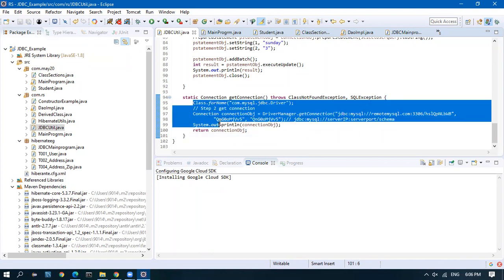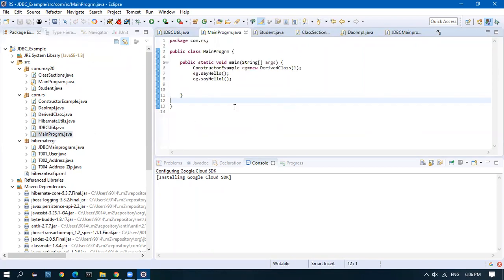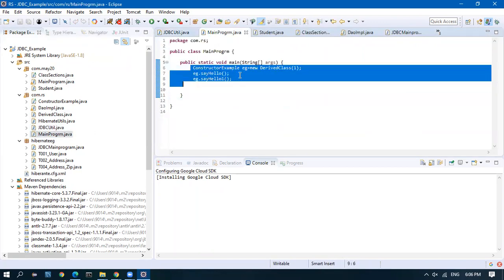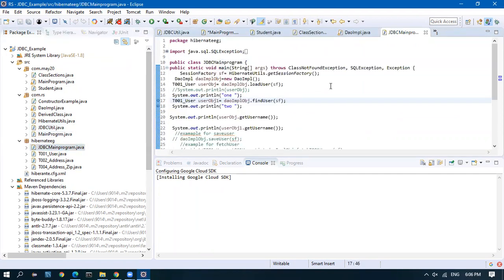I give these inside this. I have a method getConnection inside the JDBCUtil. So in the main program, I will create a JDBC main program.